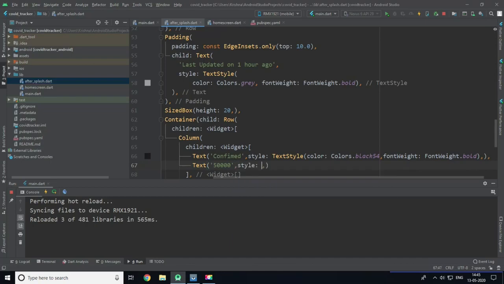Give it a style as TextStyle and a font size of 40 and a color of Colors.red.